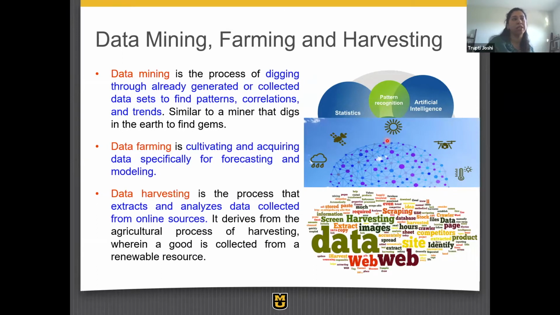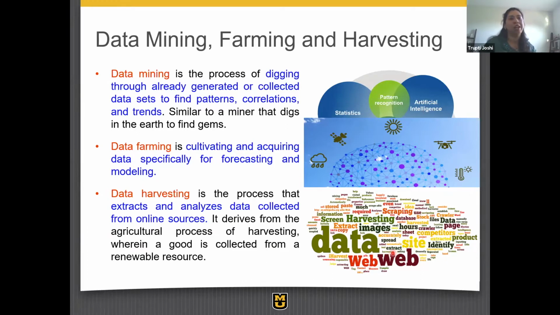And then data harvesting. Harvesting might look like maybe that's most relevant to our piece, right? But this goes a little bit beyond data mining. It's very similar to that, but the key difference being that they extract and analyze data collected from online resources. So there might be things like publications, articles, blogs, and others, which might have very relevant research information. And this is where a lot of web crawling or automation is done in terms of pulling this information. And it's something that really continues to grow, or is thought of as a renewable resource.